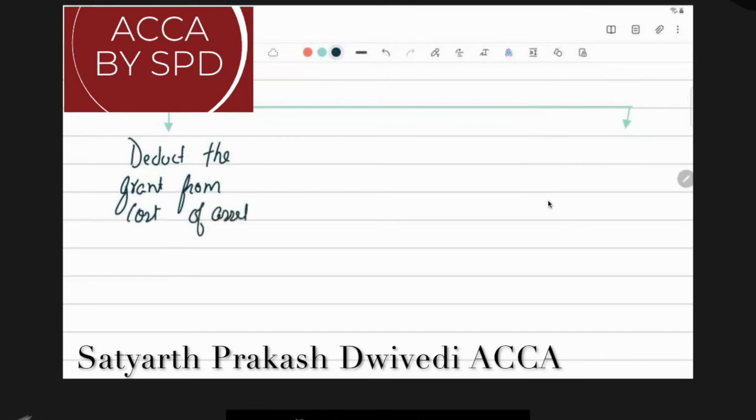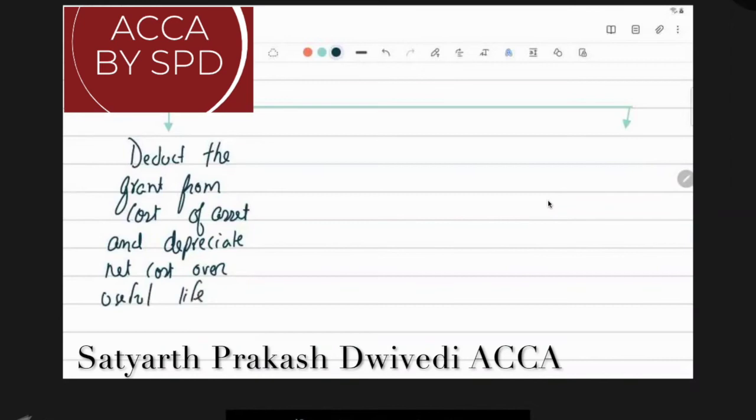So firstly, what you can do is deduct the grant from the cost of the asset and depreciate the net cost over the useful life. Secondly, you treat the grant as deferred income